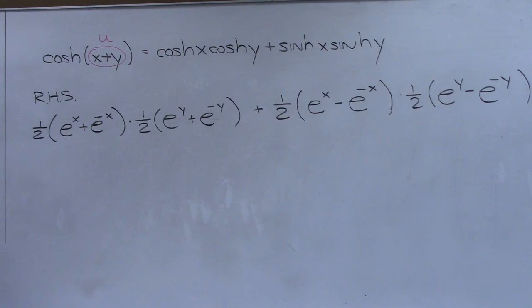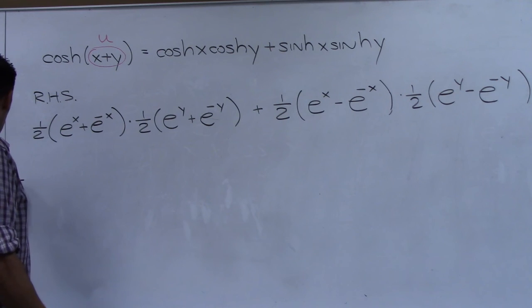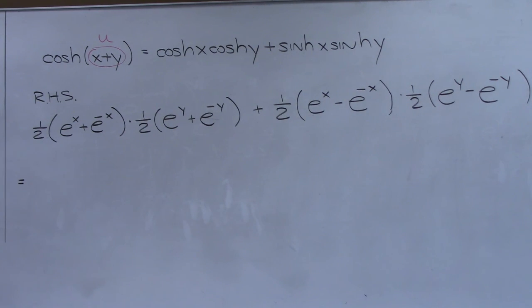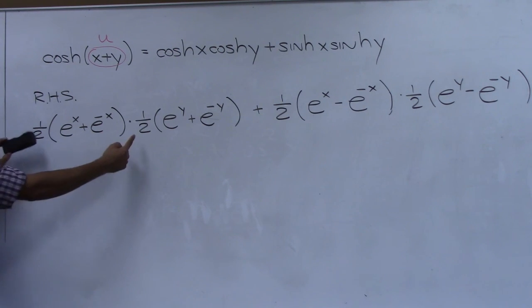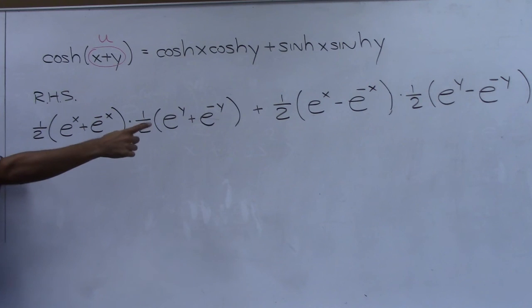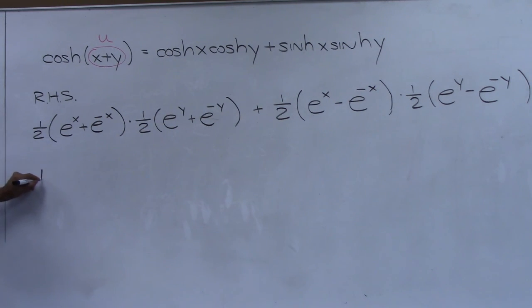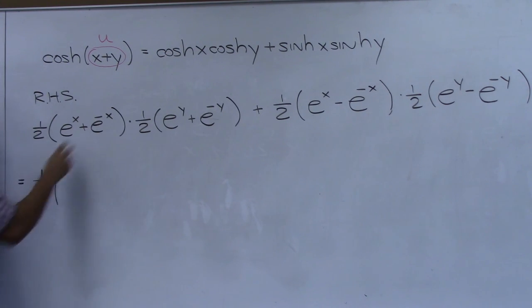Ron, what do you want to do? Well, first of all, I want to get all the 1/2s on. You pull the 1/2s? Okay, so how do you want me to do that? You want me to put these 2 1/2s together? Yeah, those 2 1/2s together and the other 2 1/2s together. So 1/4, 1/4? Okay. All right, let's see, Ron, I'm going to challenge you here. Or we could just do a bracket on the outside of everything? Yeah. I'll do that in the next step. So Ron's decided 1/2 times 1/2 is 1/4.